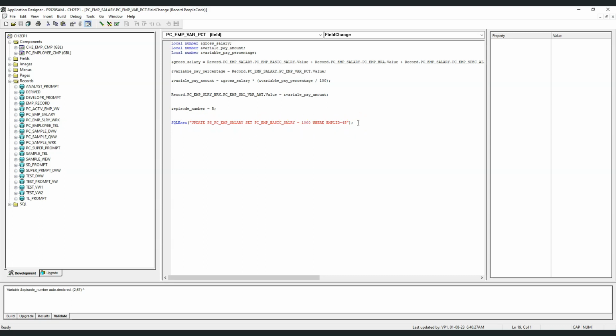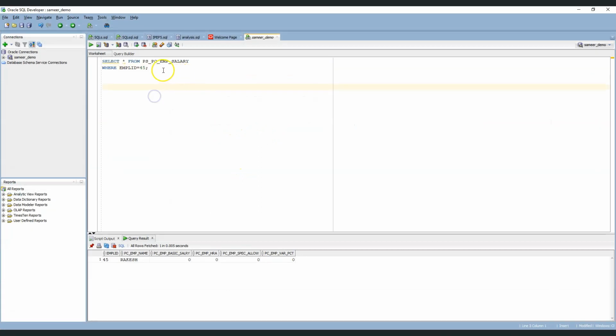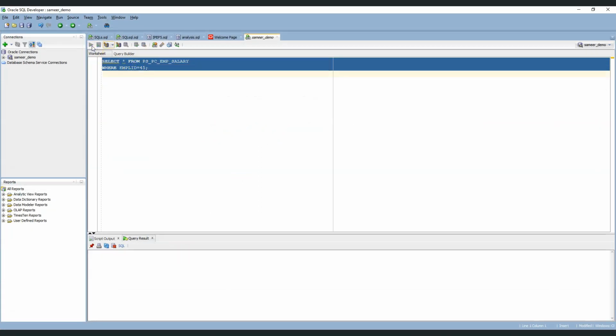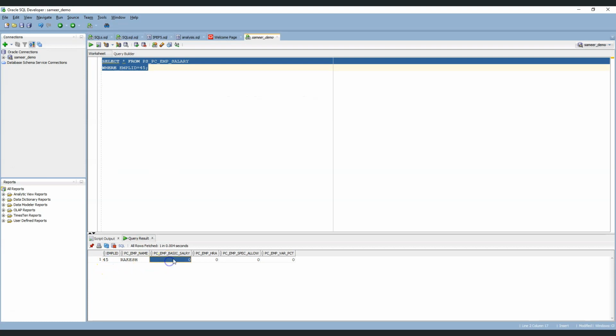For example, I need to execute this SQL statement whenever the field change event of this field is triggered. So I have prepared my SQL statement like this, and I have included this SQL statement in the SQLExec function. What I am doing is updating the basic salary to 1000 for employee ID 45 in the salary table. If I query this table now for employee ID 45, I can see the basic salary is